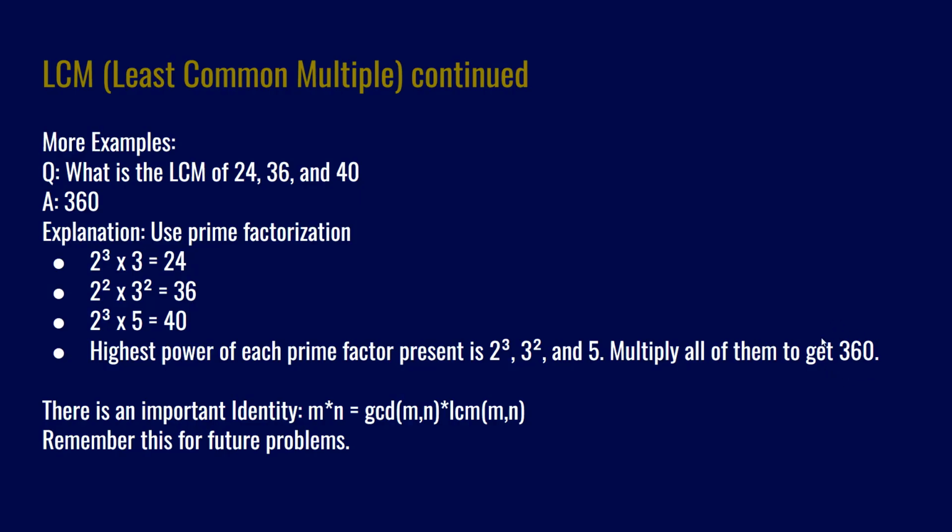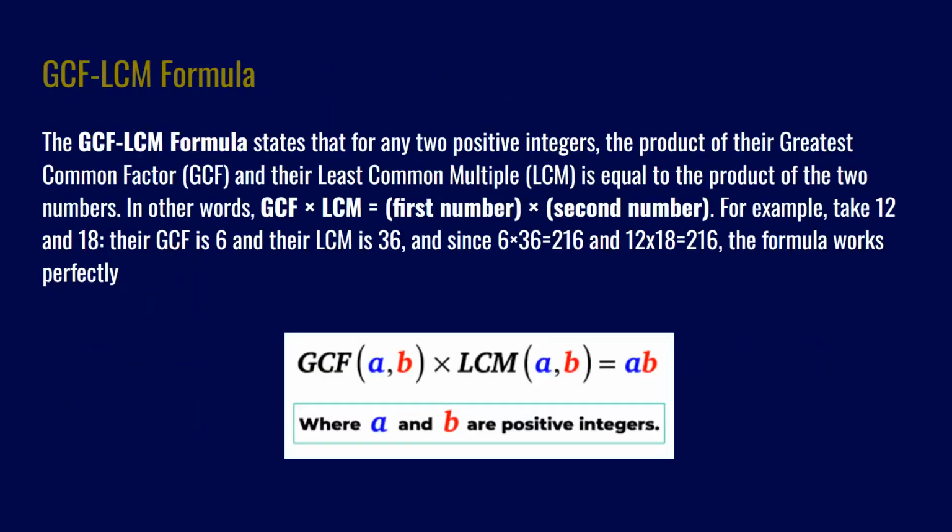Now for the GCF LCM formula, the more advanced part of this lesson. The GCF LCM formula says that two numbers multiplied together is equal to their GCF and their LCM multiplied together. This is more so useful in competitive math, but you can also use it to speed up the process in